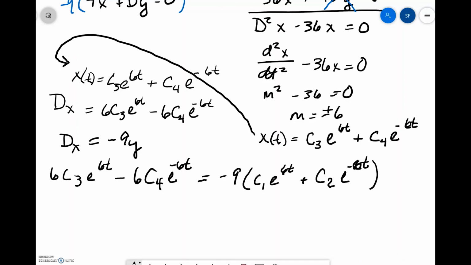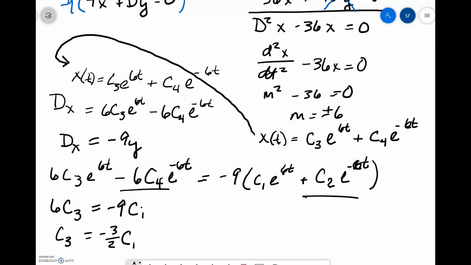Okay, well, in order for this to actually be equal, we're going to have 6c3 equal to negative 9 c1, or c3 is negative 3/2 c1. And in order for the other two terms to be equal, we have negative 6 c4 is the same as negative 9 c2, or c4 is positive 3/2 c2. So that means, coming to the very end,